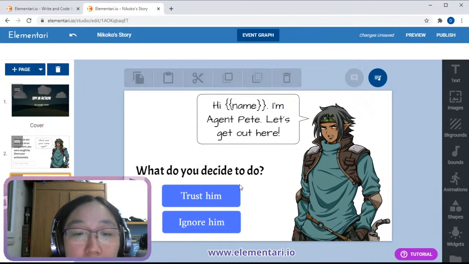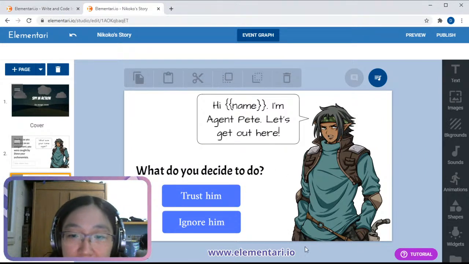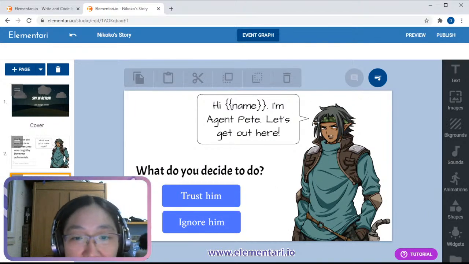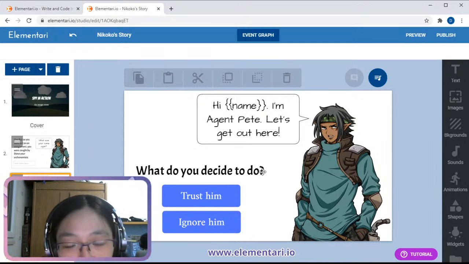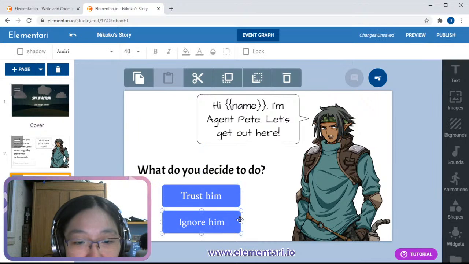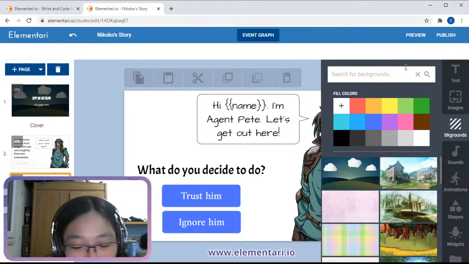Okay, so I'm going to leave out the animations because ideally what you want is maybe the guy to fade in, then have the speech bubble fade in, and you don't want your choices to appear until after all the text is done. We're just going to ignore that for now because we do have a jail background, so let's go get that.